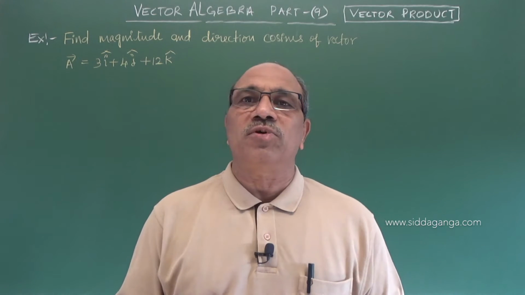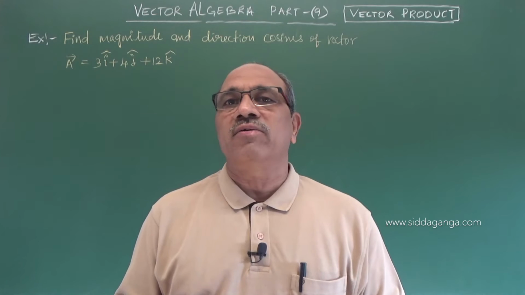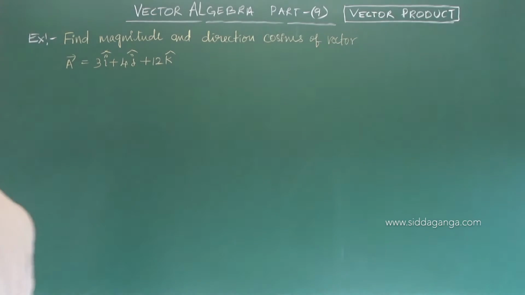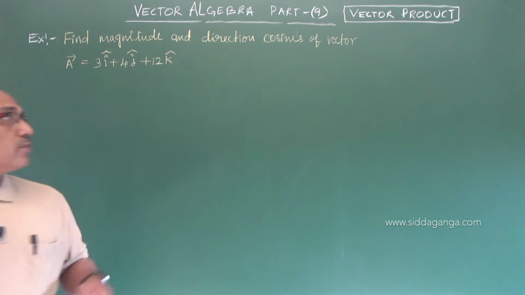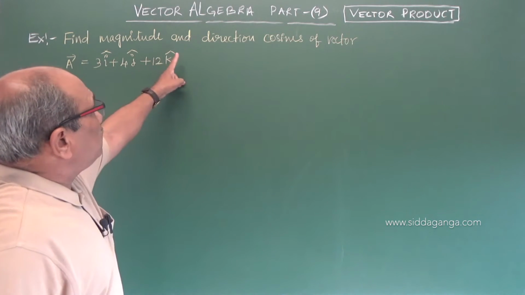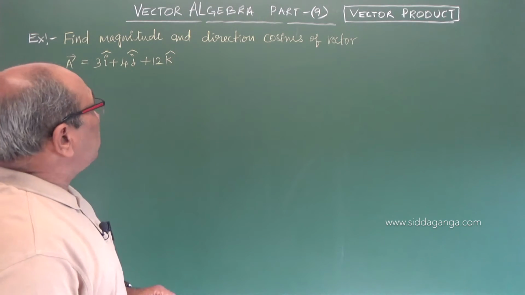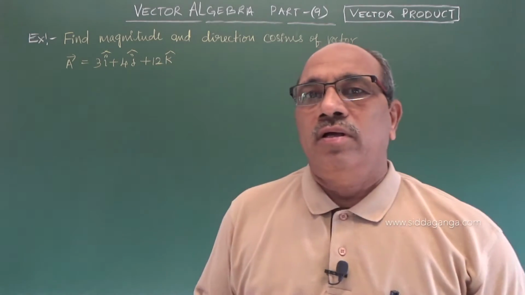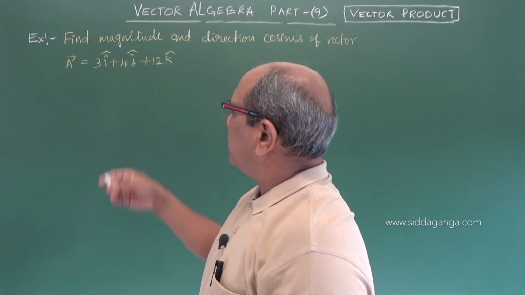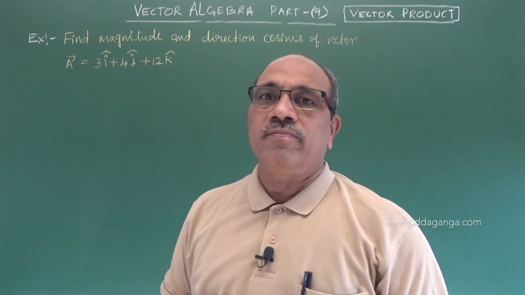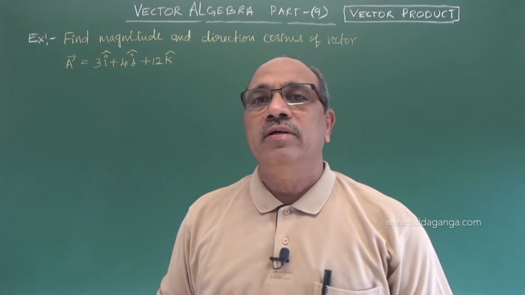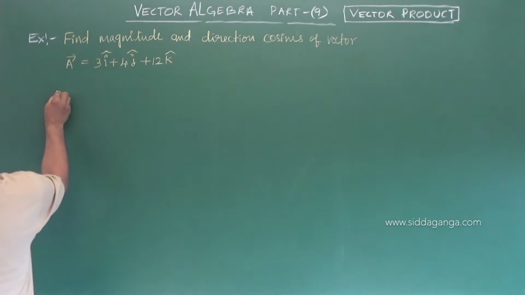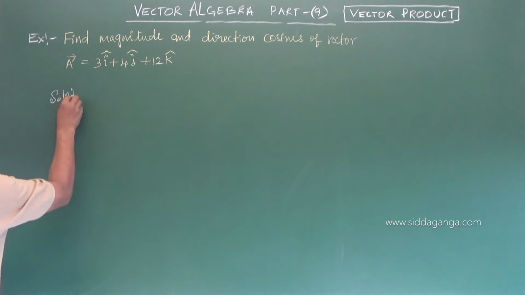Let us see one or two problems remaining in addition of vectors. Let's take this example which is written here. Find the magnitude and direction cosines of the vector A. So if you are given a vector 3i plus 4j plus 12k, you have to find the magnitude of it. So the first question is finding the magnitude